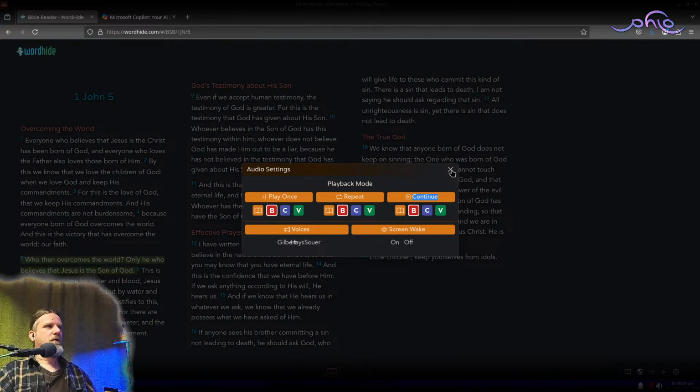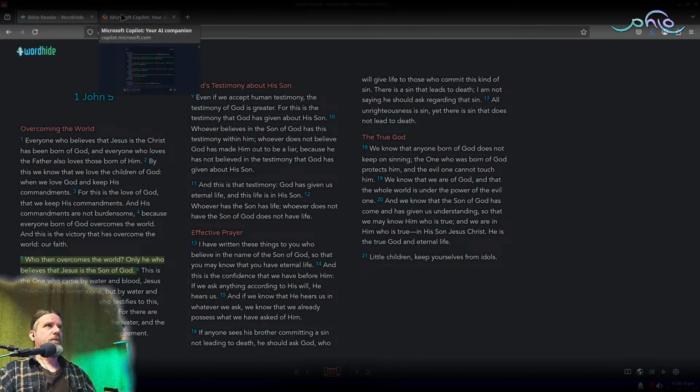because that's essentially what the purpose of the website is. And plus you're hiding the word in your heart that you may not sin against the Lord. And whether you're meditating on it or memorizing it or just focusing on it in some way, that concept covers it all. So I'll probably just call it word hide.